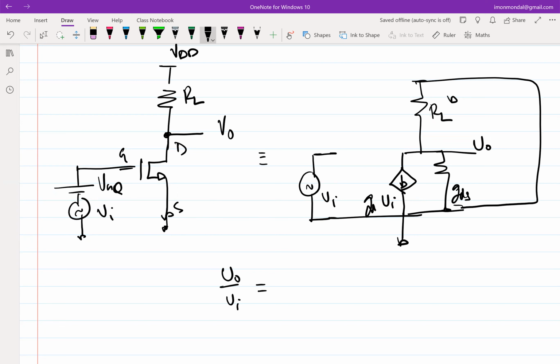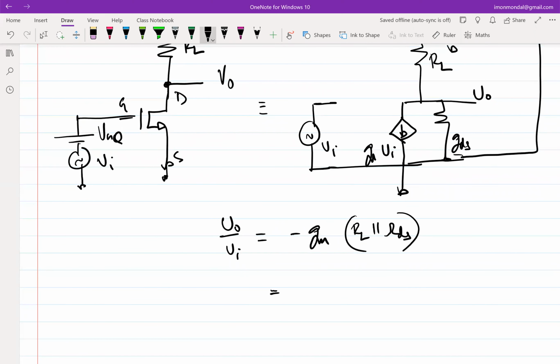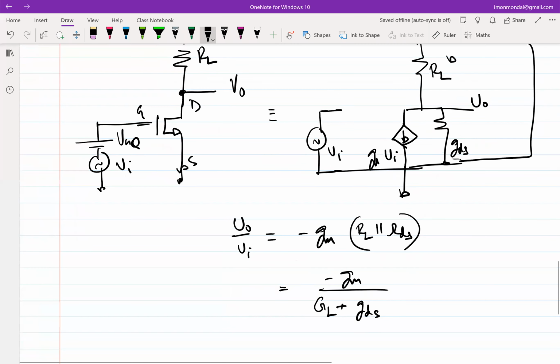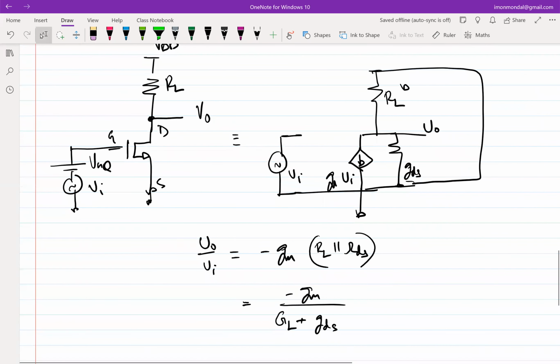Exactly, right? So you'll get minus GM times RL parallel RDS. Which means I can write it in this form also, RL times RDS over RL plus RDS. Okay, so this is as far as the mathematical expression is concerned, which is pretty simple,